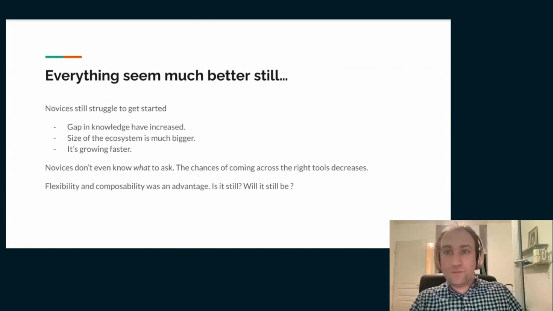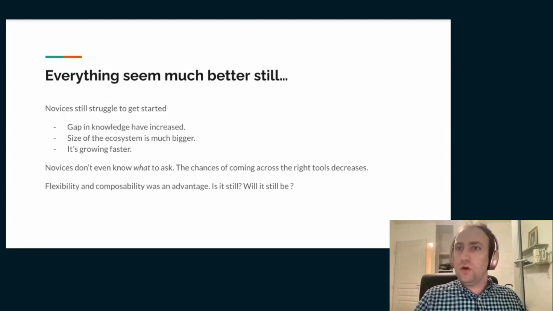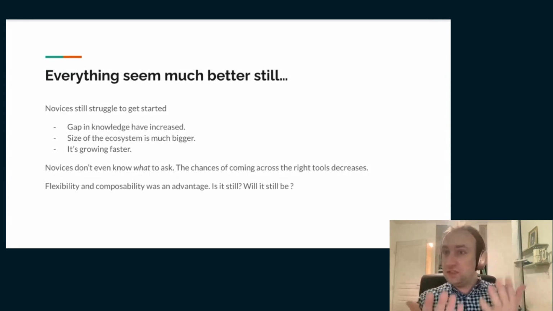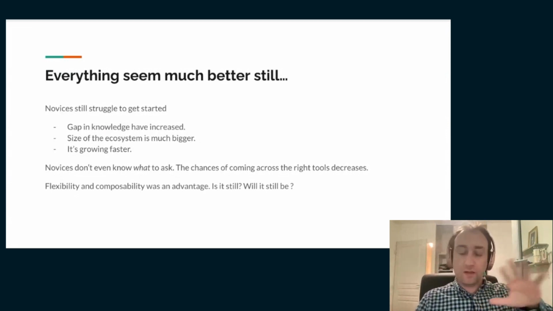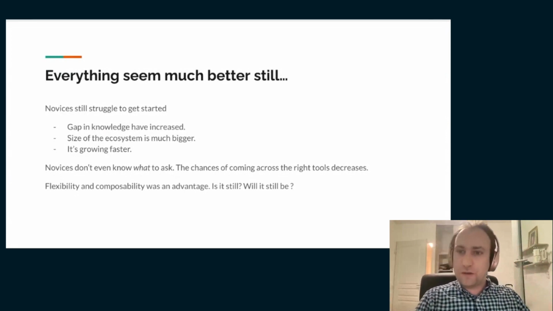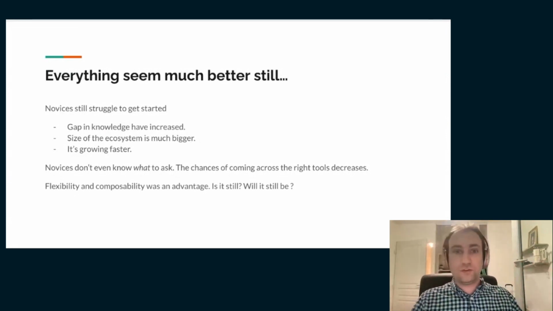And when you were trying to contribute to Python 10 years ago, you could basically count all the critical packages you needed on your hands, talk to everybody, figure out which packages you needed, and you were good to go. You knew where things were. But now you have so many packages that it's really difficult to even know what to search.